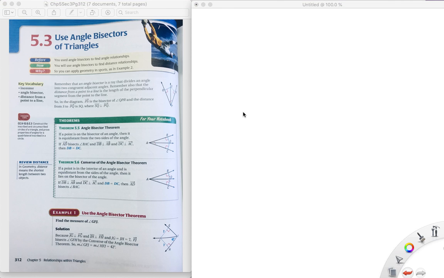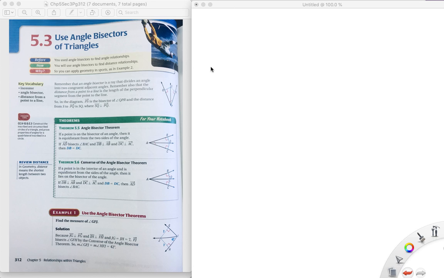Alright, this is Honors Geo, Chapter 5, Section 3. Angle and triangle, well, angle bisectors. Alright, so this one deals with two theorems, the angle bisector theorem and the converse of the angle bisector theorem. And what the angle bisector theorem says